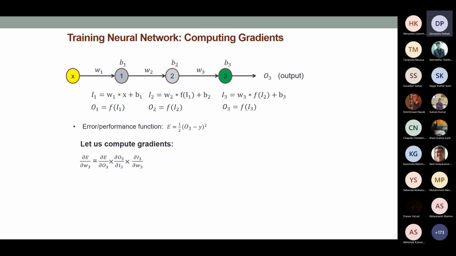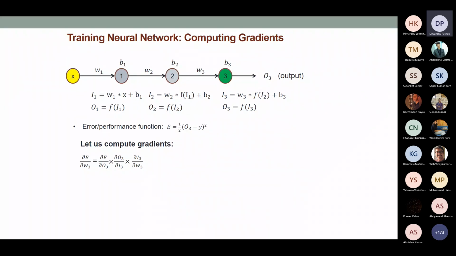If you look at this particular graph, E is my error function. E depends on O3, the output of the network. O3 depends on I3, the previous input. Then I3 depends on W3, because I want to compute the partial derivative with respect to W3. It's just plain chain rule. You remember the dependency relationship: I depend on you, you depend on someone else, and so on, and you simply follow that rule backward and you get it.